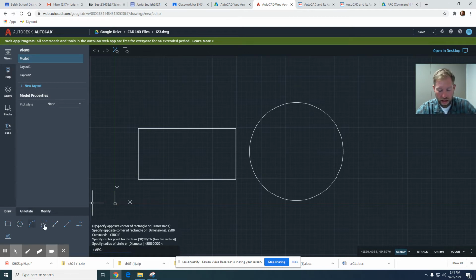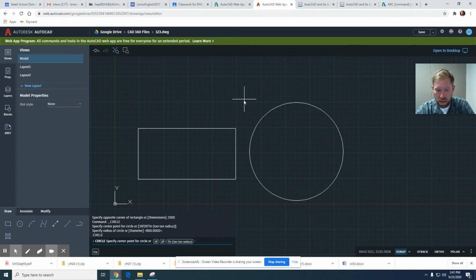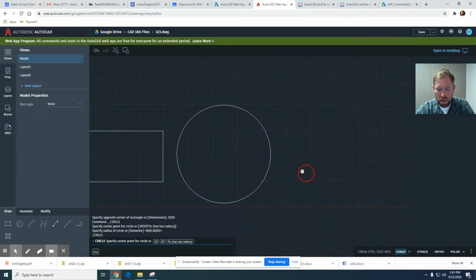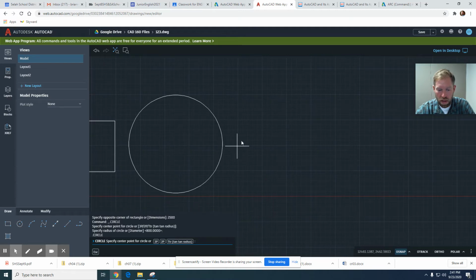And if I go back into the circle command, and to get back into it, if you all remember, you can just push the return button, and the last tool you use comes back up in the command line. I'm going to pan over and give myself some more room. And this time I will do a 2-point circle. So if I click on 2-point circle,